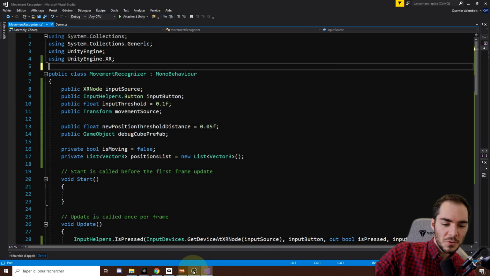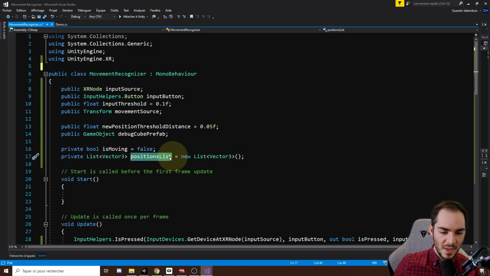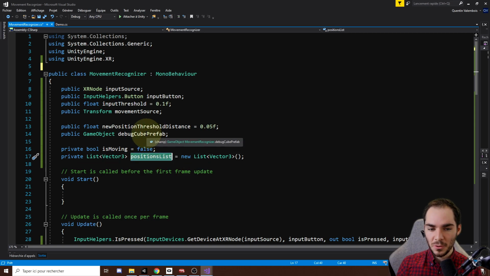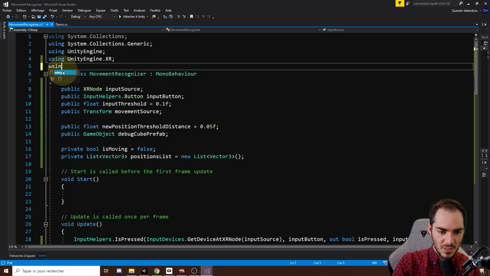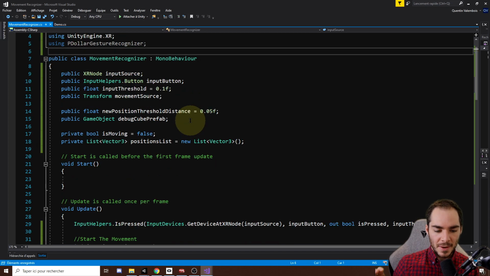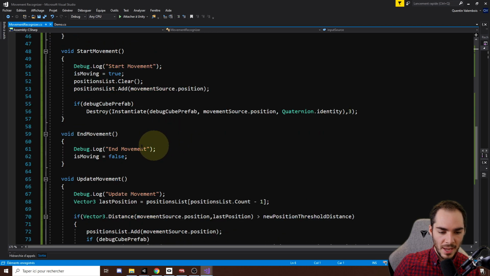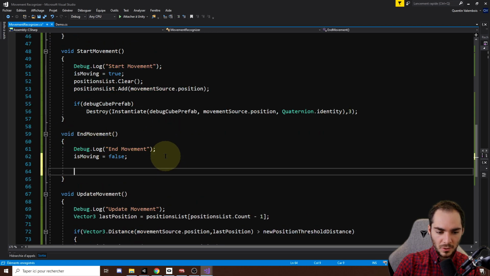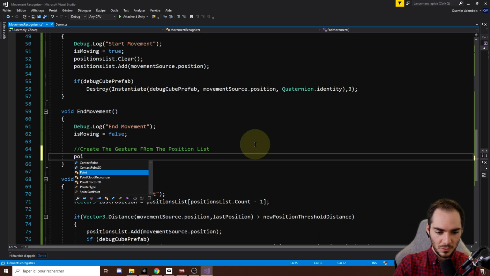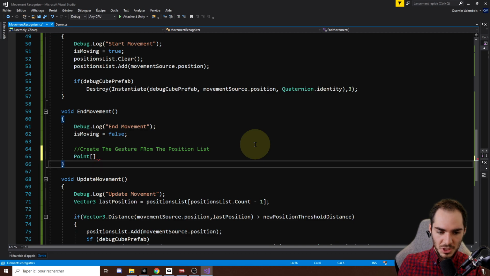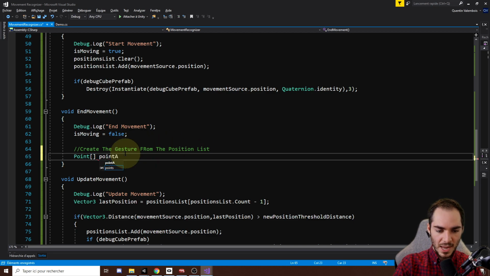Okay, so to use this list of points that we have here for making a gesture that can be recognized by our algorithm, we first need to write at the top here using PDollar gesture recognizer. Perfect. And now finally, in the end movement function, the goal now is to create the gesture from the position list. Perfect. And so for this, we need to create a new array of points, which I will call point array,